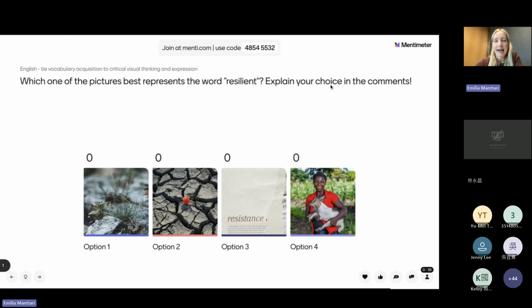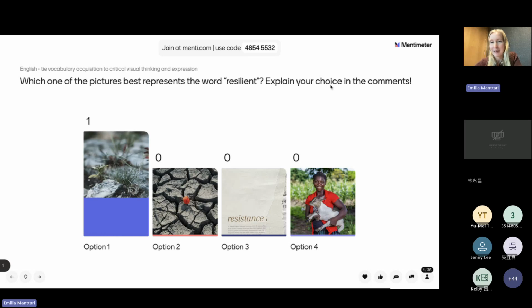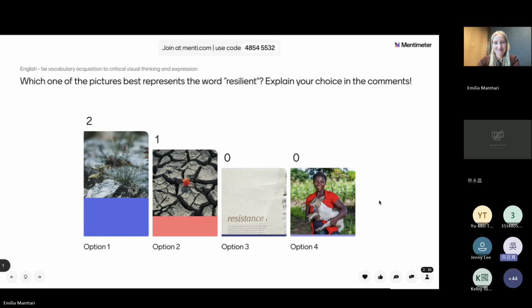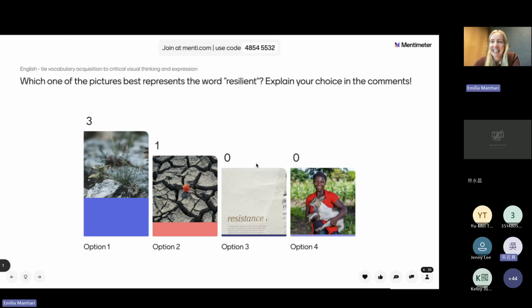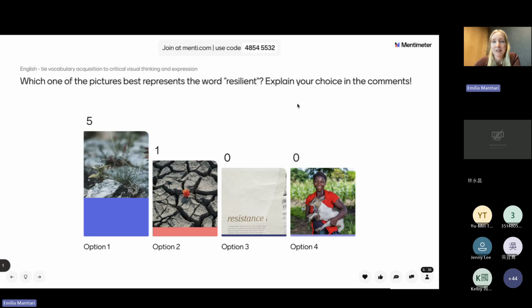And that's really what makes this a more advanced question than just a simple poll. So here you can pick which one you think, and then in the comments you can actually share your reasoning. So why do you think that? Amazing. And of course, instead of using the comments, you could also ask people